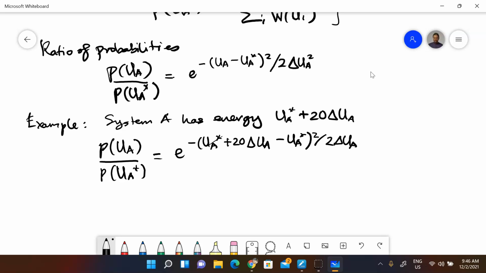So this cancels off. You're left with this thing squared, which is 400 delta UA squared, and that gives you